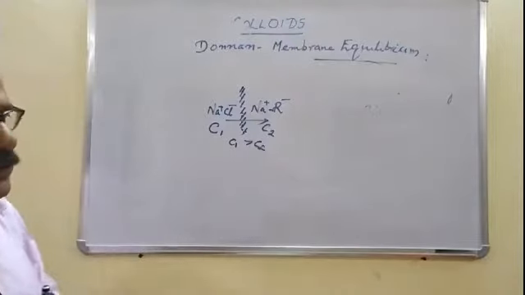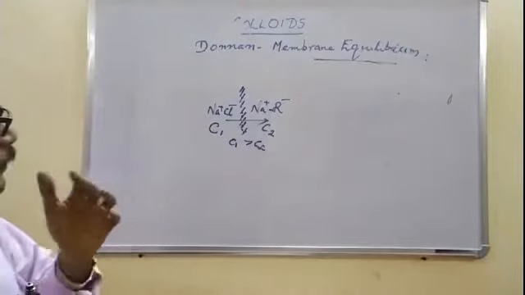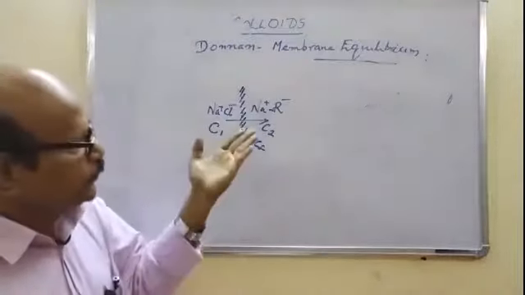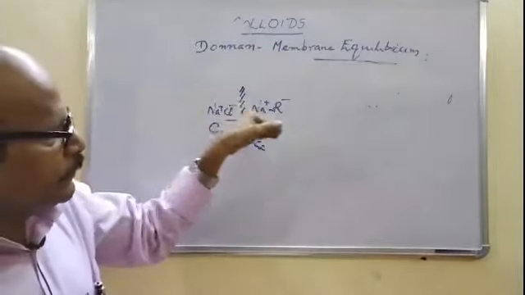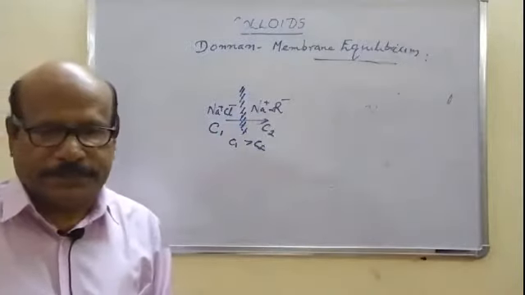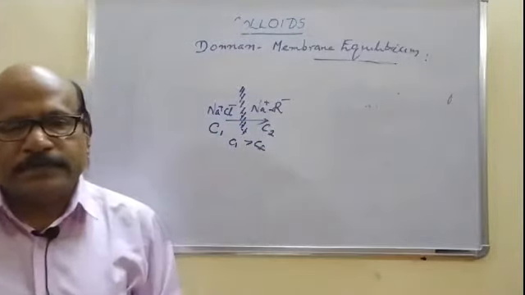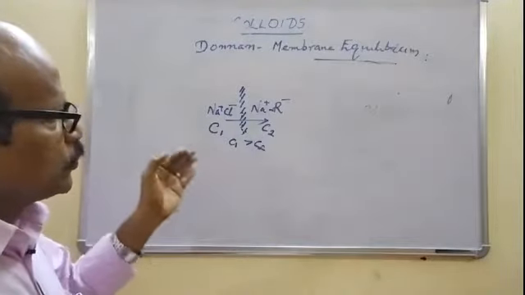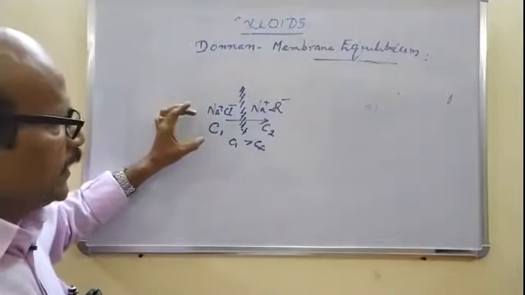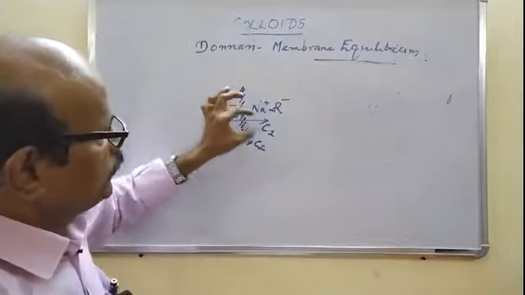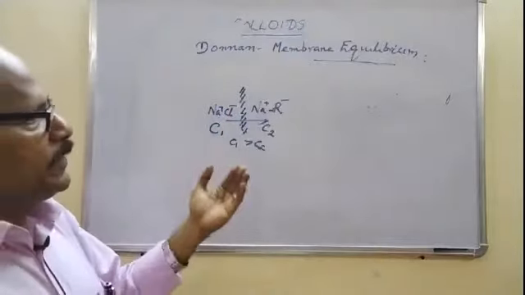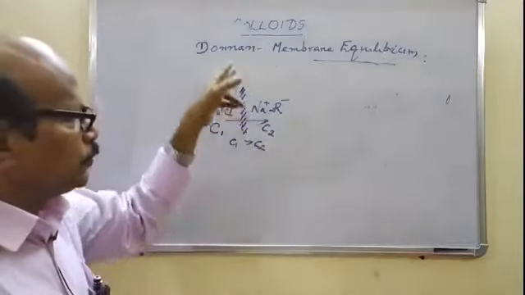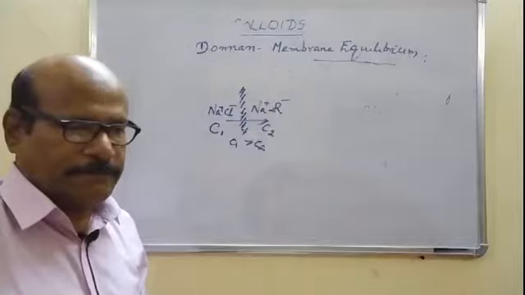Okay. So, due to the diffusion or due to the concentration gradient, both sodium and chloride ion will diffuse across the membrane, into Na plus R minus. That is what happens. Due to the concentration gradient, both sodium and chloride ion from the left side, that is from the concentration C1, will diffuse into the Na plus R minus solution through the membrane. Okay.